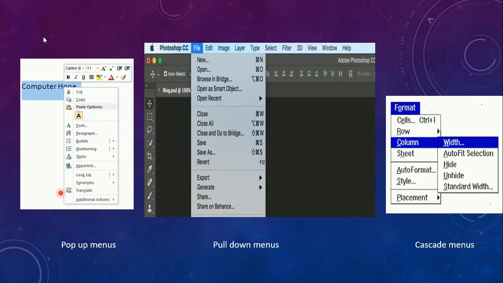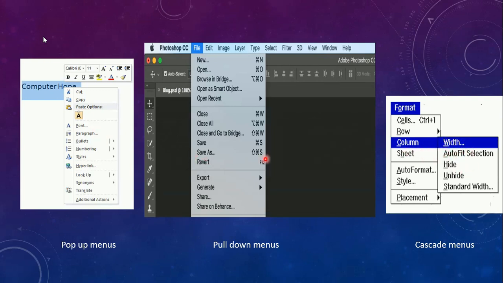You might have seen menu bars also. And pull down menus also you have. See how a pull down menu is there. You have a menu bar here, and then you have a pull down menu. So this is an example of a pull down menu. And cascading style of menus also you have. Cascading means the first menu you have here. When you click on one of the options or choices here, the next menu will be displayed. So that's called cascading menus.